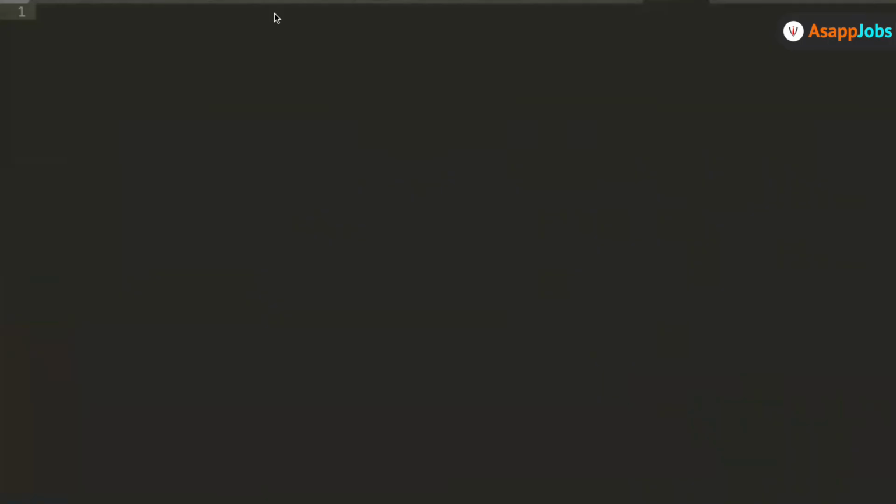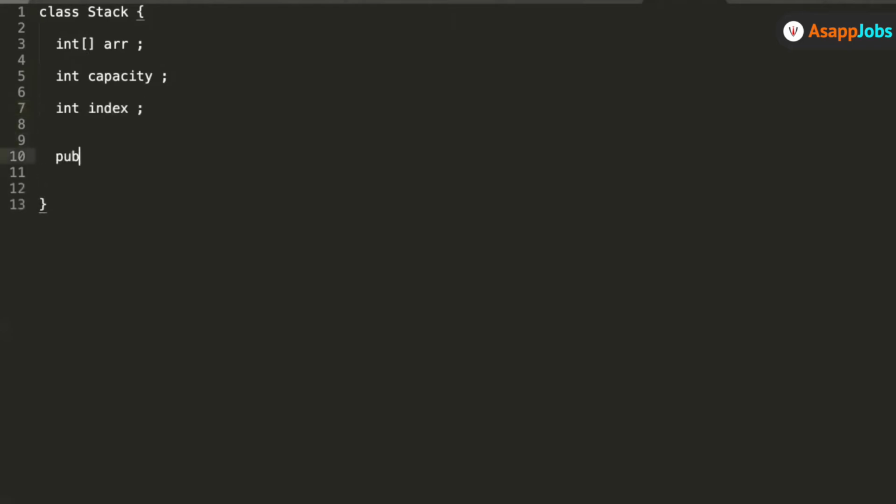So again, everything in Java is a class. So I'll try to implement it in Java, which is common for everyone, and you guys can feel free to convert it into the language of your choice. Okay. So I define a class called stack, and then the underlying data structure that I want to use to store the stack is an array. So I define something called int array, and then I define something called capacity. So I have to define what is the capacity of the stack, what is the maximum number of elements that it can store, and I also need to store what is the current index of the element where it is getting inserted. So I define a constructor here.